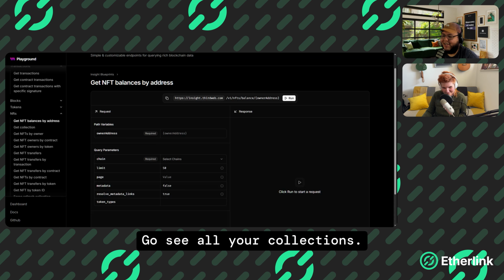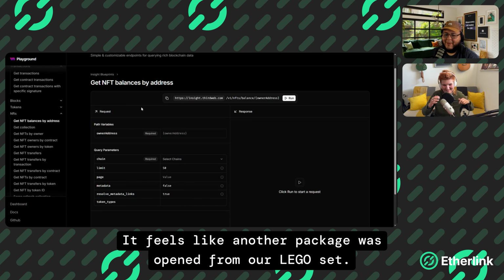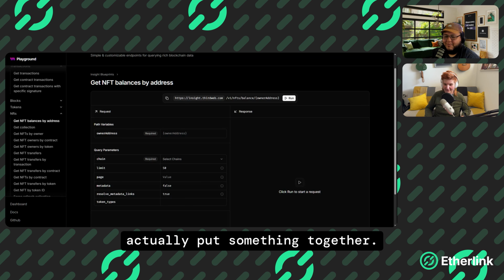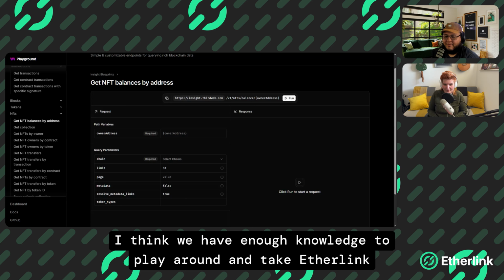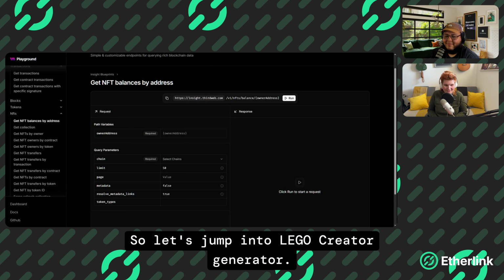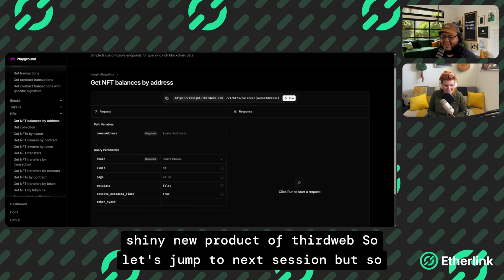Go look at your wallets. Go see all your collections. Really, really cool stuff. It feels like another package was opened from our Lego set. Now we have all the packages and we know how to make things work and actually put something together. I think we have enough knowledge to play around and take Etherlink development very seriously. So let's jump into the Lego Creator Generator, which is Nebula, and we're going to talk about a very exciting, shiny new product of